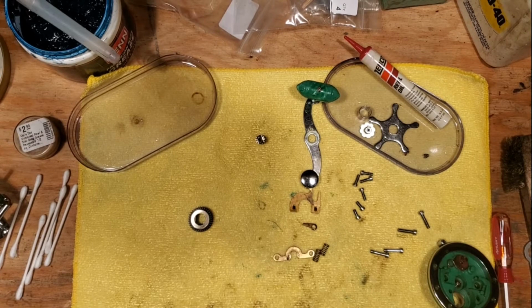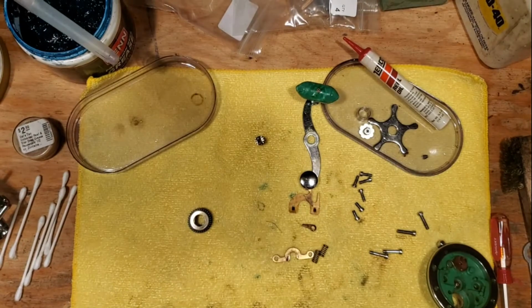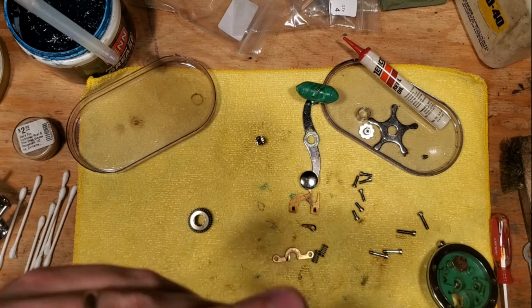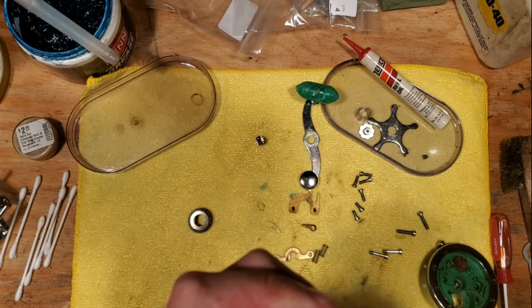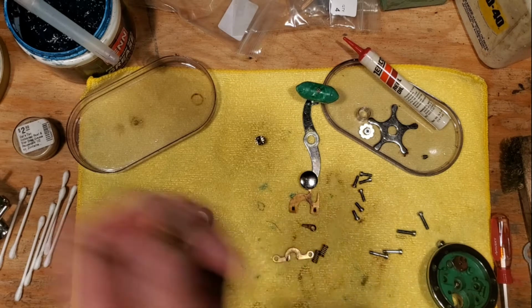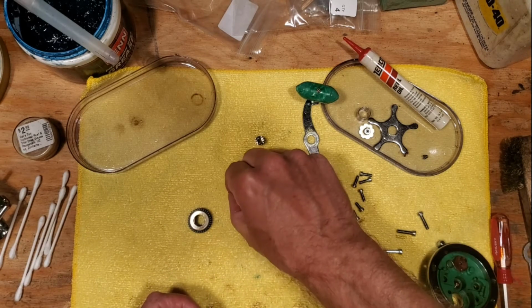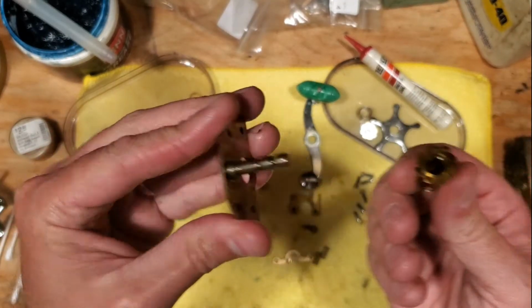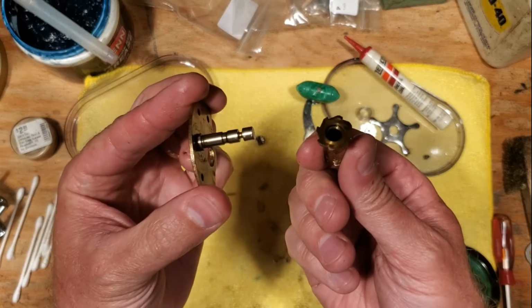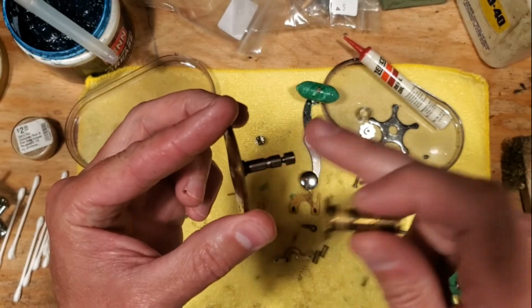So I'll show you what this looks like here. You can see the pin is sticking out now, and I can normally take that out with a pair of needle nose, so we'll try that here. But yeah, this is an area that gets overlooked a lot, I think, by people that are servicing their own reels, and it's definitely something that you should consider looking at, because you want this to be lubricated, and this is actually,